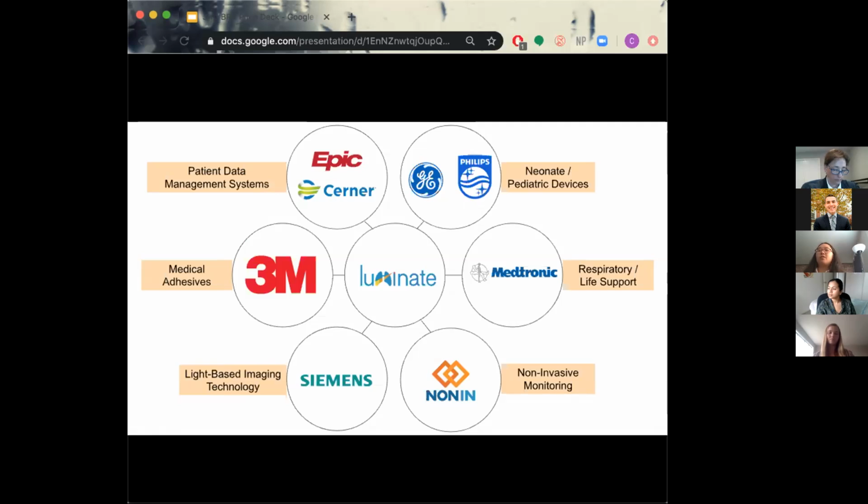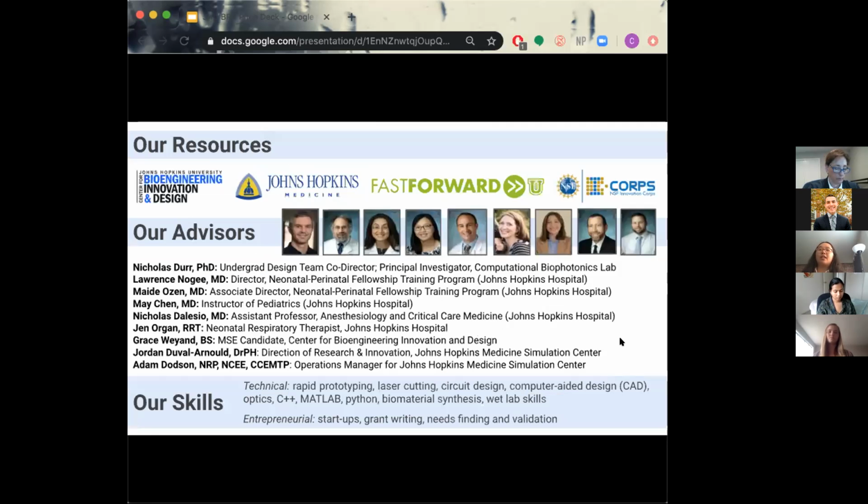Our team is a group of undergraduate students studying biomedical engineering, applied math, and computer science. Members of our team have technical skills in coding, circuit design, and optics, as well as prior experience in startups and grant writing. We are supported by several clinicians and experts in assistive airway devices who provide insight into usability,